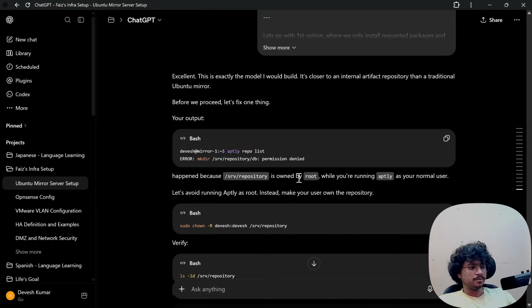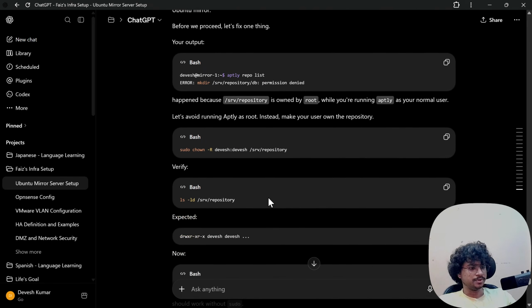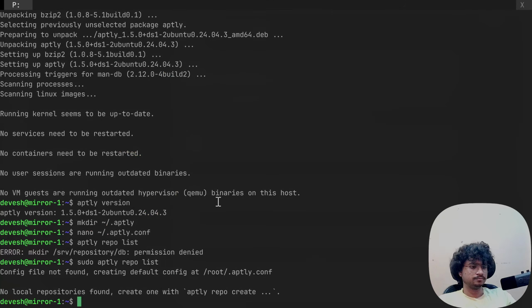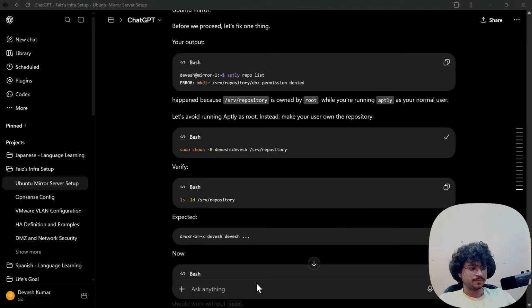This happens because the directory is owned by root while you are running aptly as a normal user. Let's avoid running aptly as root. Make your user own the repository: user devesh, group devesh, recursive on everything.